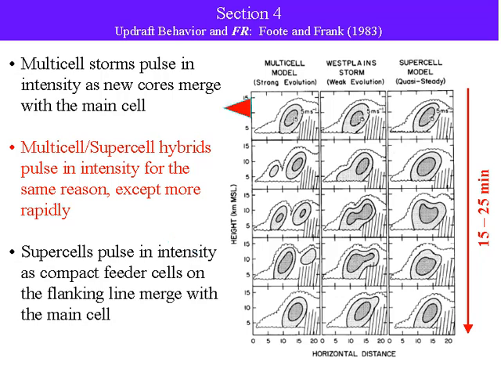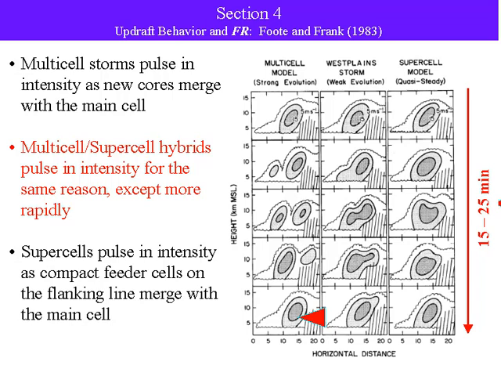This is a figure from the Foote and Frank paper in 1983, and what we're looking at are three different types of storms: the multicell, the supercell-multicell hybrid, and then the supercell. As you go down here, we're going forward in time for about 15 to 25 minutes. For the multicell, you can see that the cell actually pulses in intensity as the new cores merge with the main cell. Here at the beginning, we have a fairly strong updraft. As the new cores merge, the updrafts are much weaker,